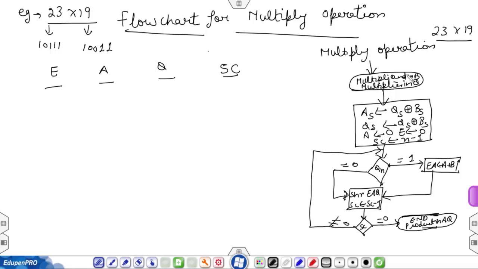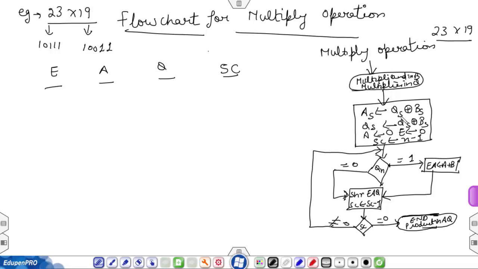So here the multiplicand will be stored in the B register, as we discussed in the previous lecture also, and the multiplier will be stored in the Q register. After that, the signs of Q and B will be compared using the XOR operation and the final value will be stored in AS.